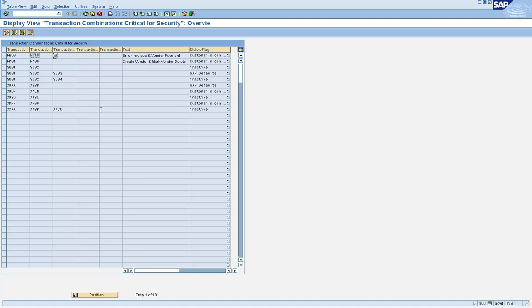If a person can do a certain thing like creating invoices, legally speaking, he should not be able to pay for it also, right? So you understand?